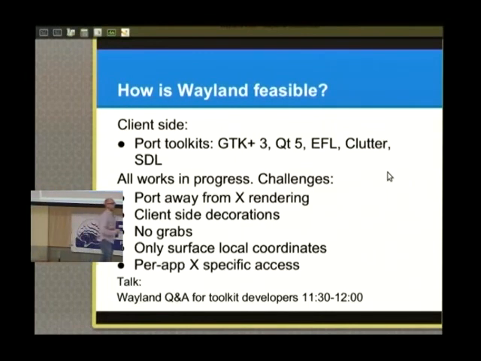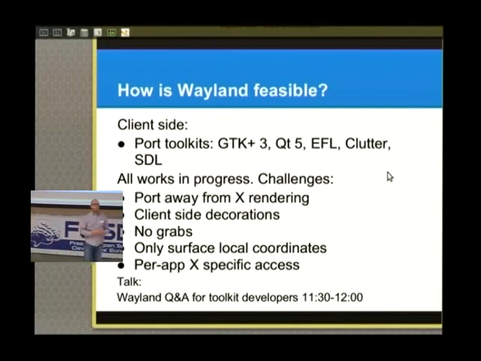GTK3 is something that I've been working on myself, and it's a big old toolkit, so there's a little more effort in moving it along. But fortunately, a lot of the community people that work on GTK, or the Red Hat guys, have done a lot of work where the dependence on subwindows that I talked about before is removed. The use of the X rendering API has gone, so they all use Cairo now. So GTK works very well on Wayland as well.